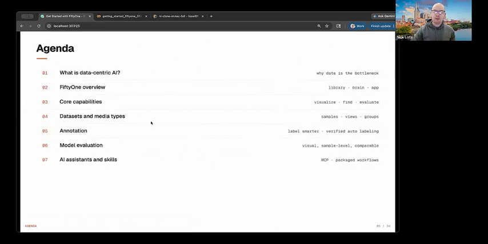So here's what we're going to cover over the next 45 minutes. What is data-centric AI? That is, why is data the bottleneck? What is 51? There's actually a few components involved. It's fundamentally a client server application that's served as a Python library, and we'll talk about that. What are the core capabilities and workflows that you would do as you onboard yourself onto the